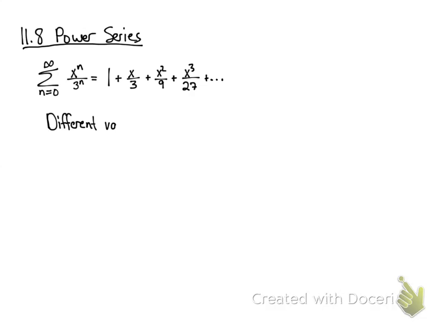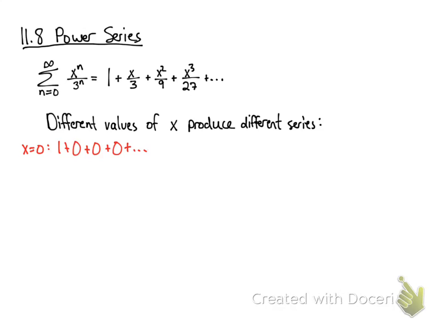This is called a power series, and we'll talk about that in a minute. The thing, though, is I can put in different values of x, and each different value of x I put in there will produce a different series. So if I substitute in x equals 0, I get 1 plus 0 plus 0 plus 0 plus 0 forever. That's a pretty boring series. We can tell it converges and its sum is 1. If I put in x equals 1, I get 1 plus a third plus a ninth plus a 27th and so on. If I put in x equals 10, I get 1 plus 10 thirds plus 100 ninths plus 1,000